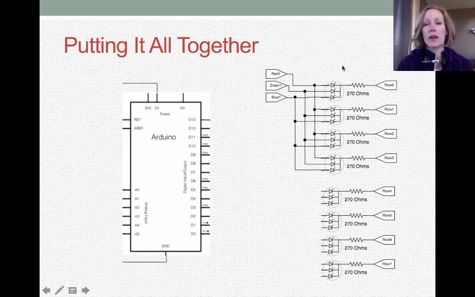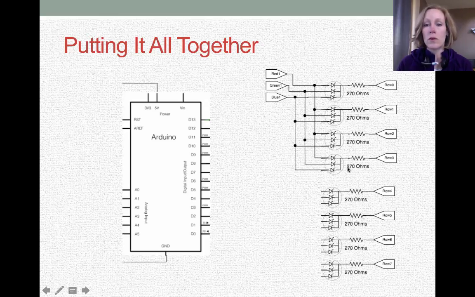So for the red lead, we're going to connect 4 LEDs together on their red lead, and you can see I have a little connection point here. So all 4 of these LEDs, their red leads are connected together, and I'm going to label that red one. Same thing for green and blue. You can see all the greens are connected together and all the blue leads are connected together for these 4